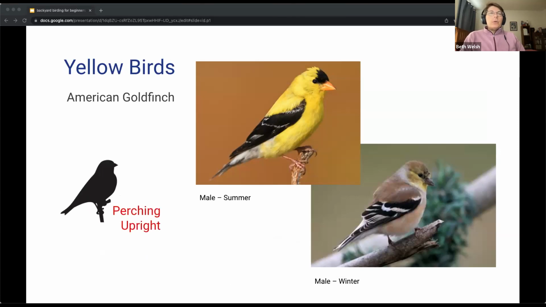Let's switch to yellow birds. We have mentioned the American goldfinch before, and also mentioned the difference in plumage. These are perching birds and they will sit upright. It's smaller than a sparrow, not too much, but it is distinctly smaller. If you see a sparrow and a goldfinch together, the goldfinch is smaller and a little more slender in general